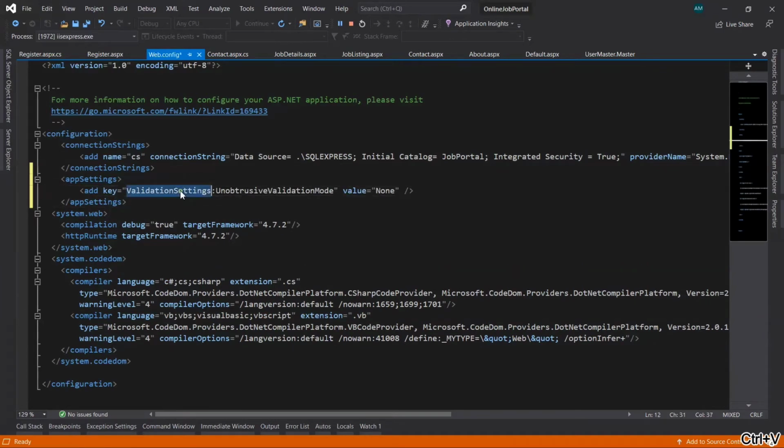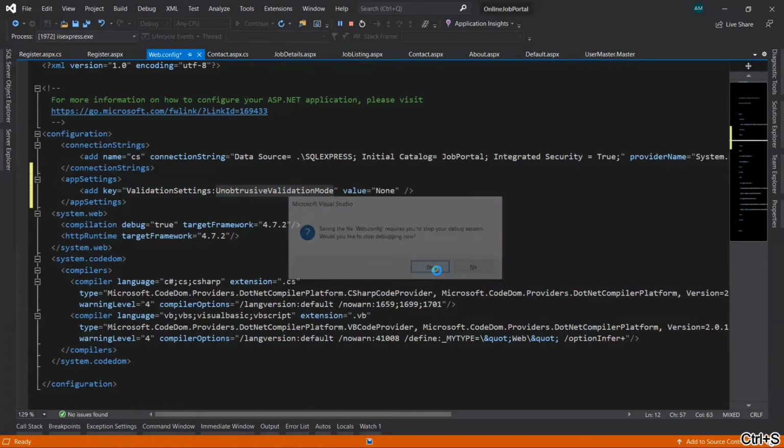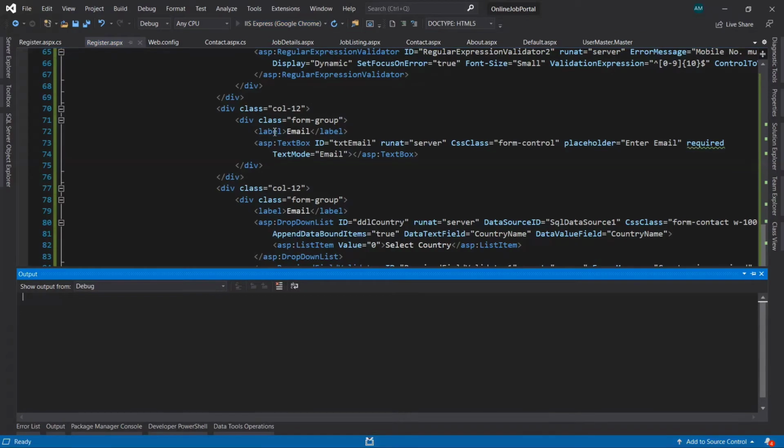It will work both ways. Save it, it will close the running page, and now run it again.